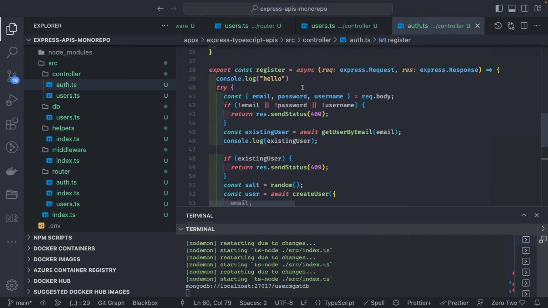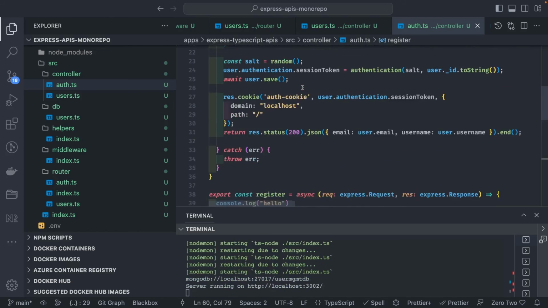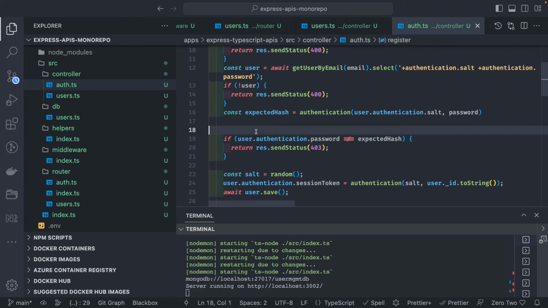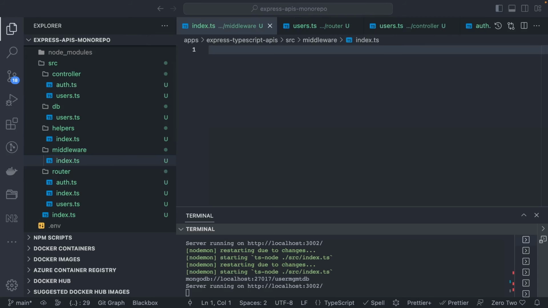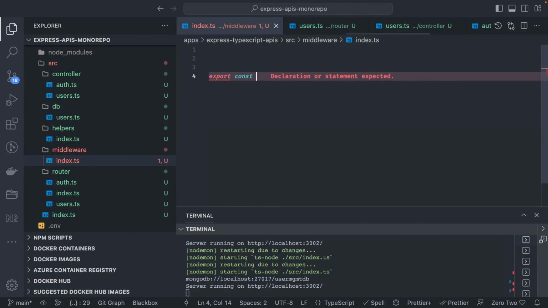Okay, now we are going to add a middleware. What that middleware will do is, let's say you do the login. Now you did the register and you did the login, and you will start accessing the protected APIs, users API. So how can we validate that you are a logged in user? So inside a middleware index.ts, we can simply write our functions: export const isAuthenticated